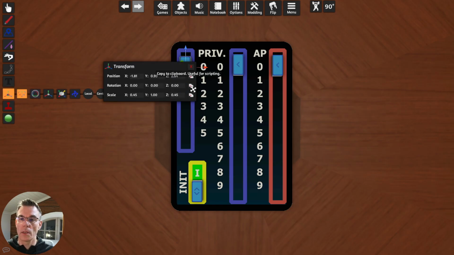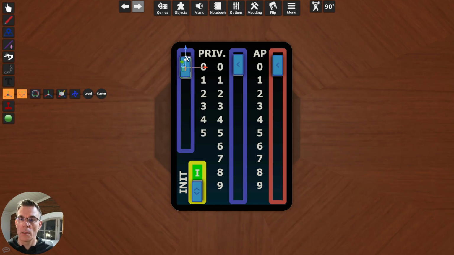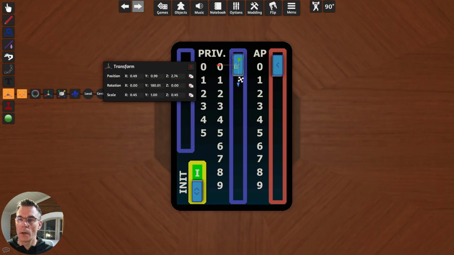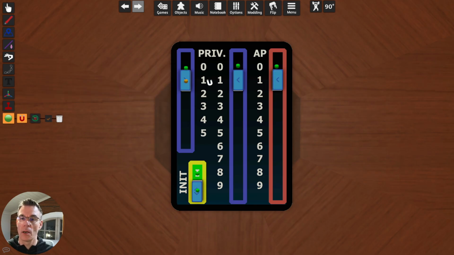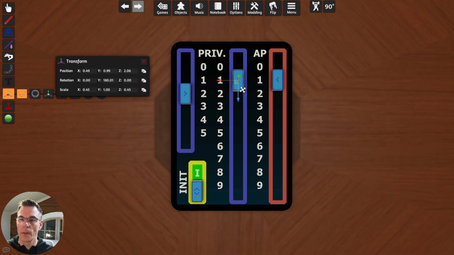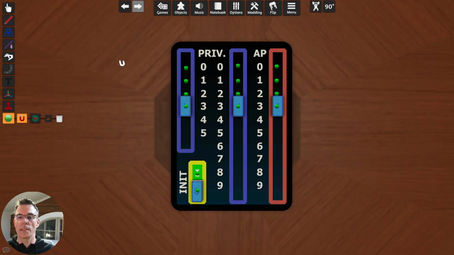Then I use the gizmo tool to move this, okay, like so. This one, like so. Of course, I could use these position coordinates here to move it exactly to the right position, but usually it is good enough for me that it's about in the right position. I put points there. Like this.